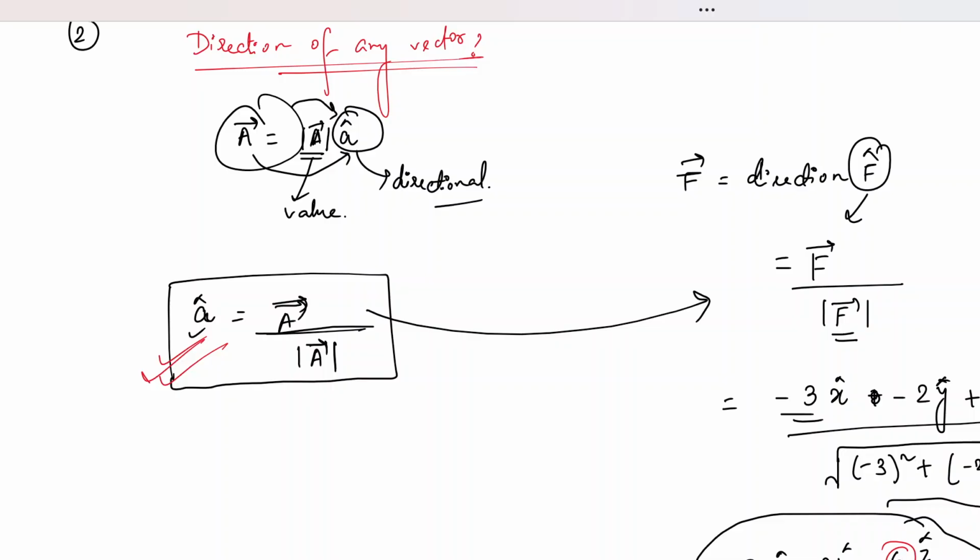Then your question is whether, because they both have x cap and y cap, they are in the same direction. That is not correct, because the unit vectors are not the same: it is minus 3x cap minus 2y cap divided by some term. There is a different magnitude in each, so when you compare both of them, they are not the same. Okay, thank you, madam. So they have to have exactly the same values to have the same direction, correct, ma'am? Yeah. Okay, I'll keep this in mind.